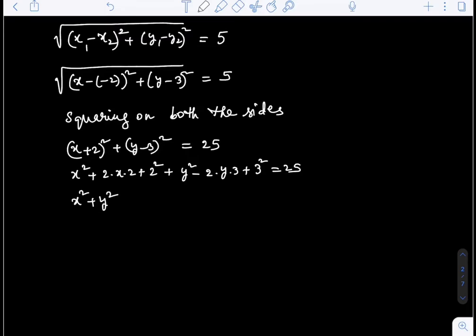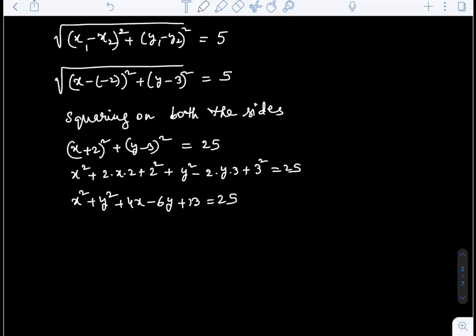That is x square plus y square should come first, and afterwards 4x and minus 6y, and here it will become 13 is equal to 25. How? X square, y square terms are written side by side. It will become 4x and it will become 6y, and afterwards this 2 square, this 3 square were written here. 4 plus 9 is 13 taken, and in next step